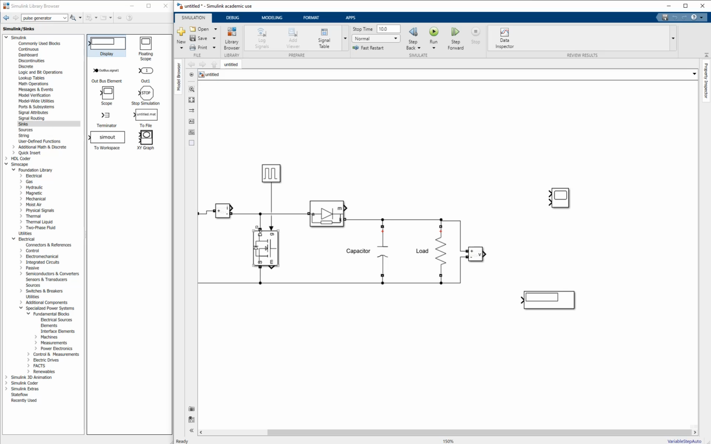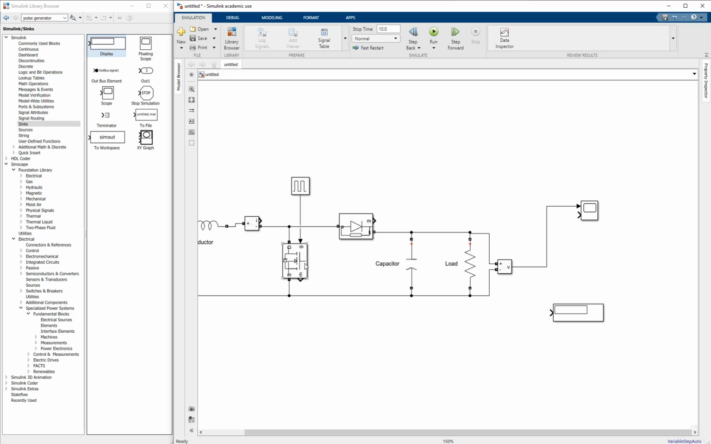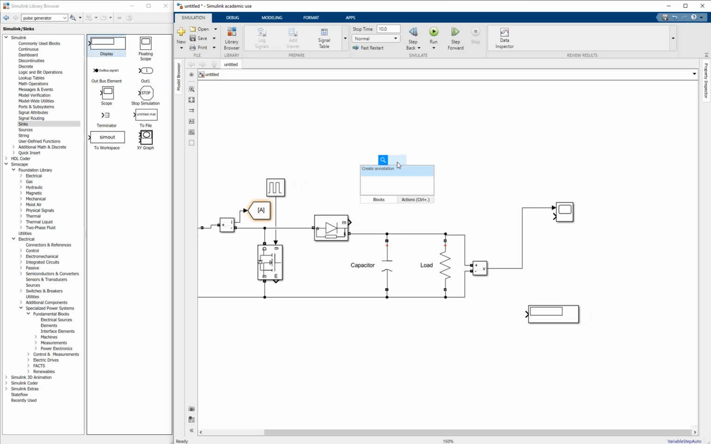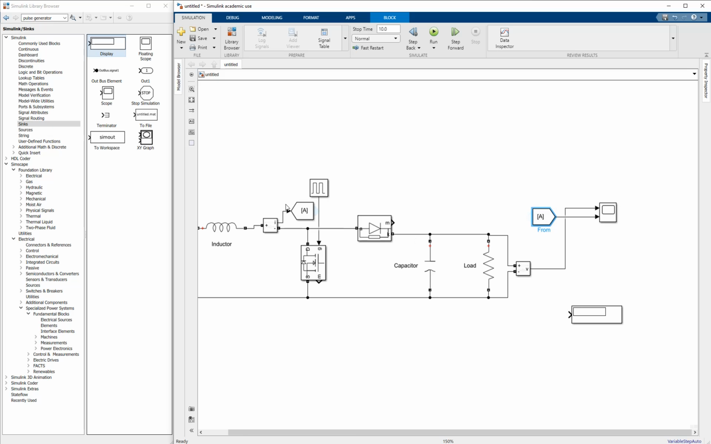Now we can simply connect the measurement block to the scope, or we can do it in another way to avoid the mass of all the connectors. We can do that by using the go to and from block. So I'm gonna get a go to block and I will connect the current measurement to it, and then from block to the scope. And since they both have the same tag,